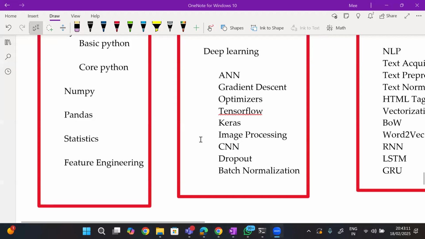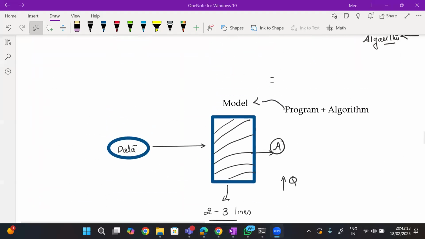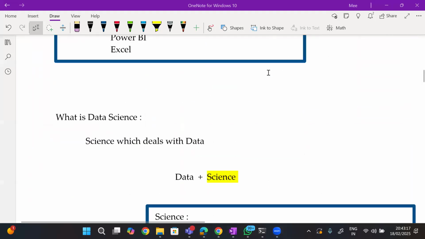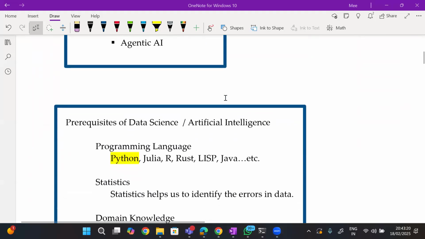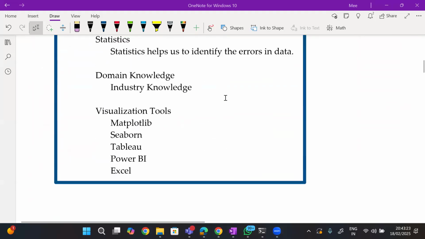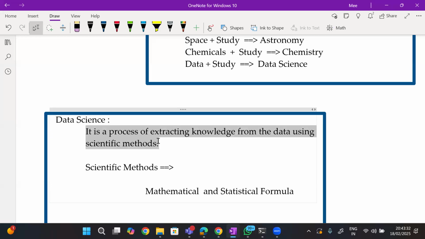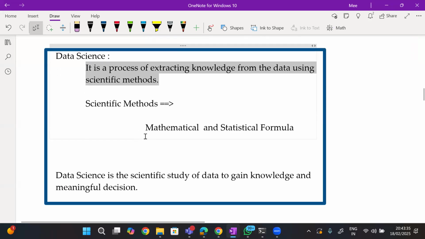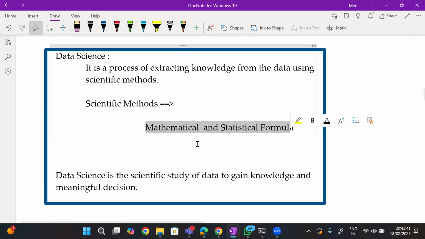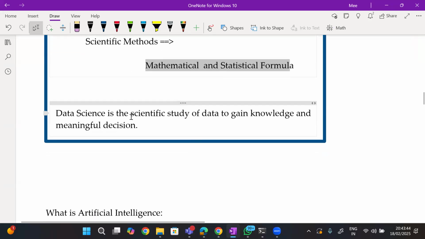Thanks for your response. In the last class, we have seen what data science is. We define data science as a process of extracting knowledge from the data using scientific methods, and scientific methods are nothing but mathematical and statistical formulas. Another definition: data science is the scientific study of data to gain knowledge and make meaningful decisions.